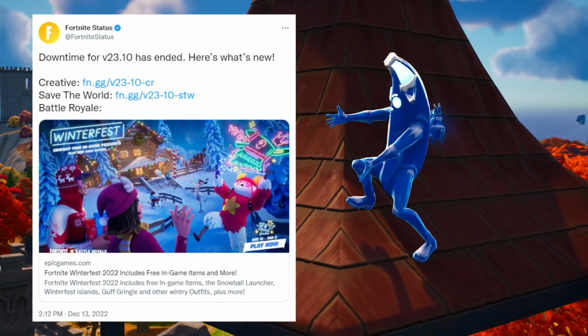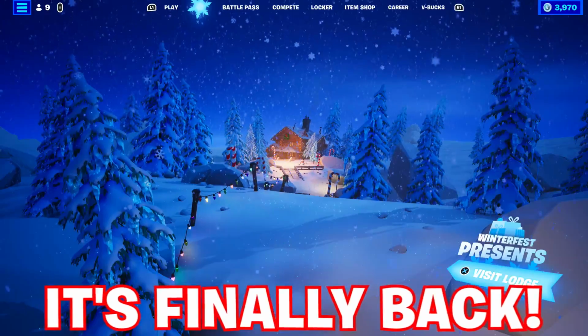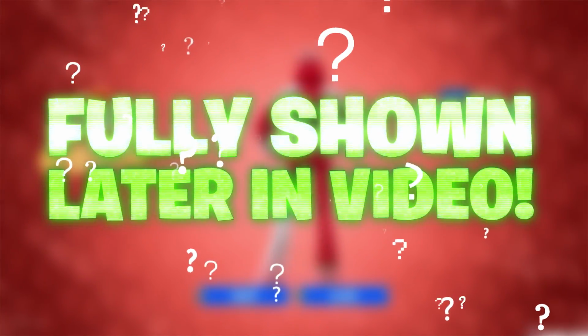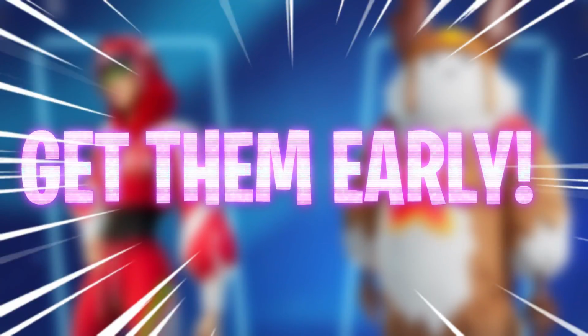Fortnite Update 23.10 just went live, meaning the Winterfest cabin is here, as you can see from the new tab where we can enter it with all of the brand new wrapped presents. This year there's 15 which we're going to be revealing and unwrapping in today's video, including 2 new free skins